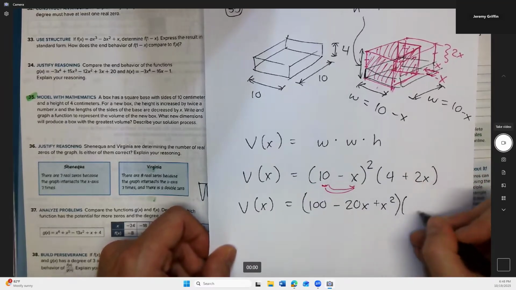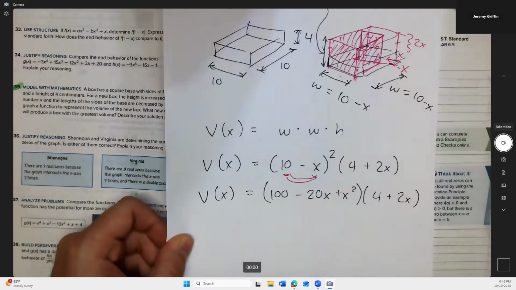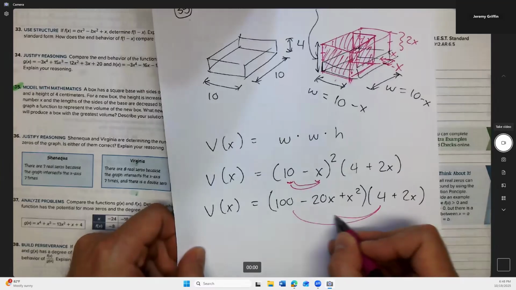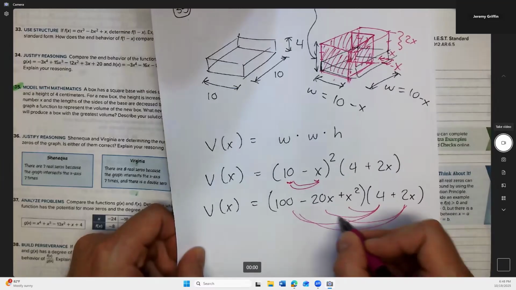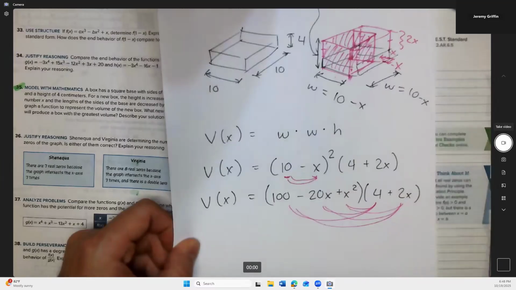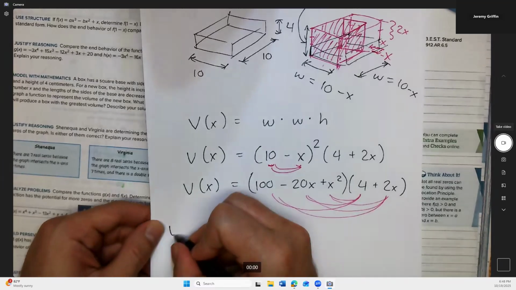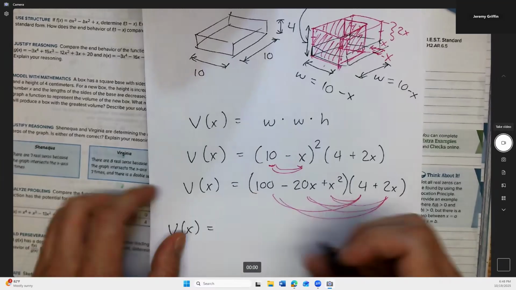This whole thing is times 4 plus 2x. Okay? Now we have to do sort of a superfoil. Right? So this 4 gets multiplied by all three terms, and this 2x also gets multiplied by all three terms. Okay? So I think we're going to get 6 terms, and we might be able to consolidate some of those. So volume as a function of x is, let's see, that's 400